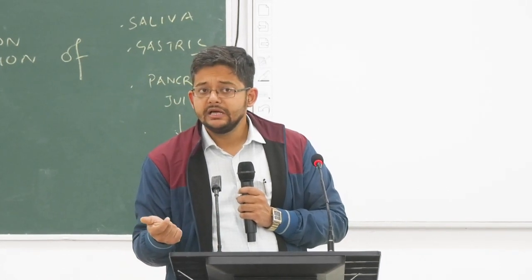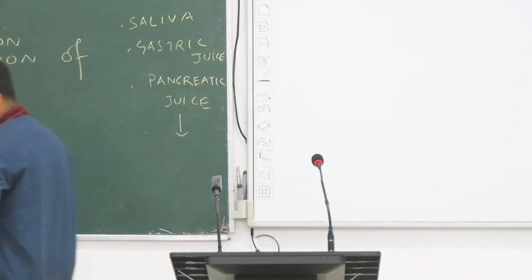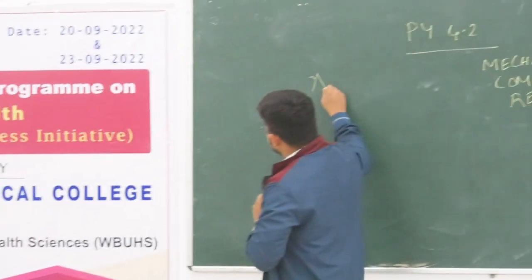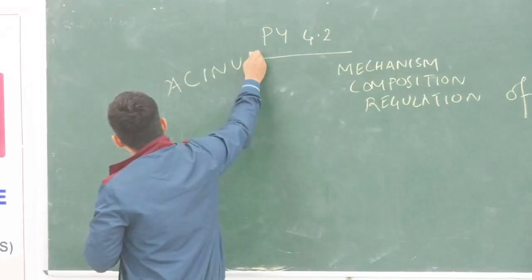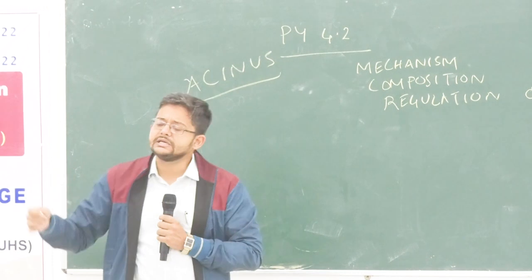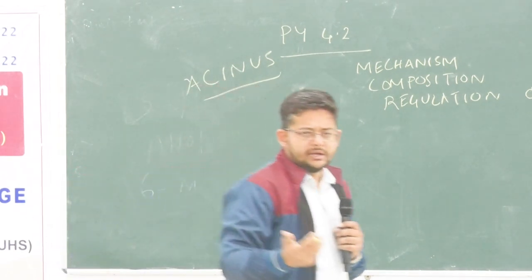Acinus, acini is the plural. So that's the secretory unit basically. Acinus, or alveolus, is what they call it here. So acinus in the case of the salivary gland is the secretory unit of the salivary gland. The salivary gland has a racemose structure, and these you will be reading in much better detail in